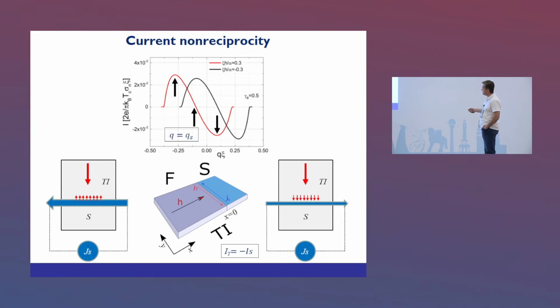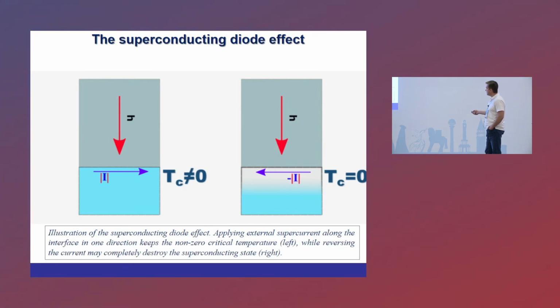In the middle, when there is no current bias, we have Q equal to QS, that's the ground state, and these two currents, calculated in the ferromagnetic and superconducting parts, will be exactly equal and flowing in opposite directions. And because of this, we can develop superconducting